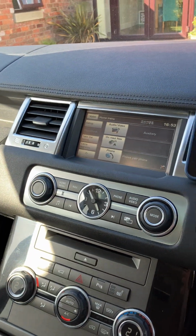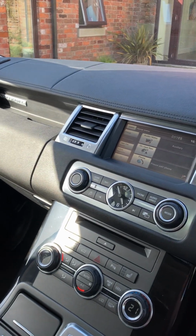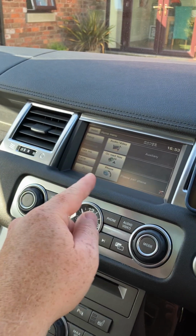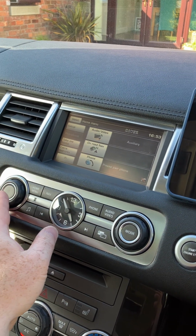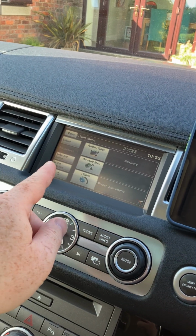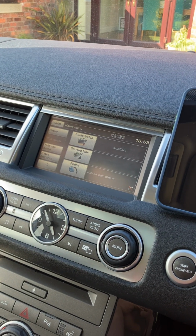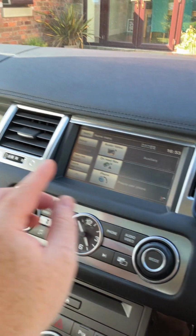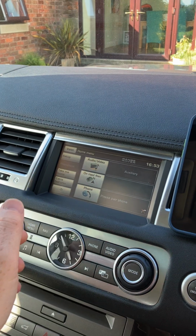So guys, this is a Range Rover Sport 2011 HSE, an L320 you'll probably know it as. This system in my 2011 Range Rover Sport is what's called the Bosch system. So if your screen looks like this, there's a company called Integrated Automotive. You type them into Google and they make CarPlay systems that work with the original media entertainment system